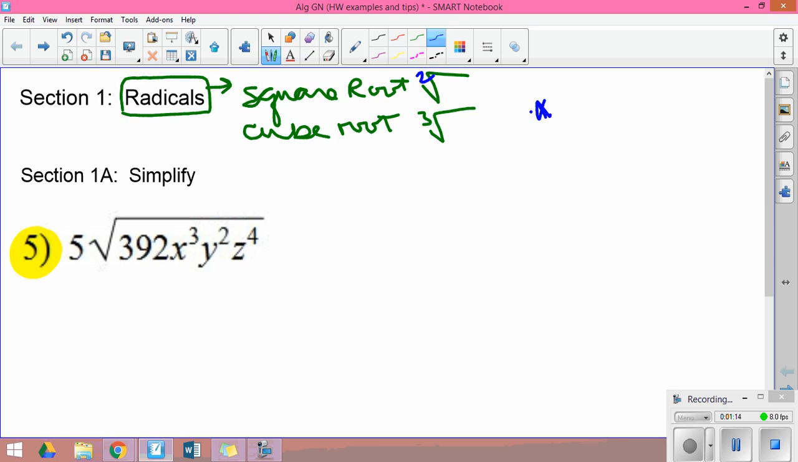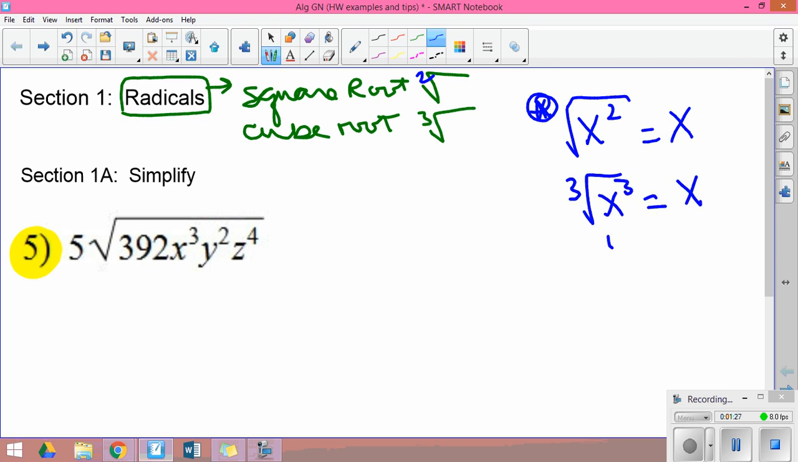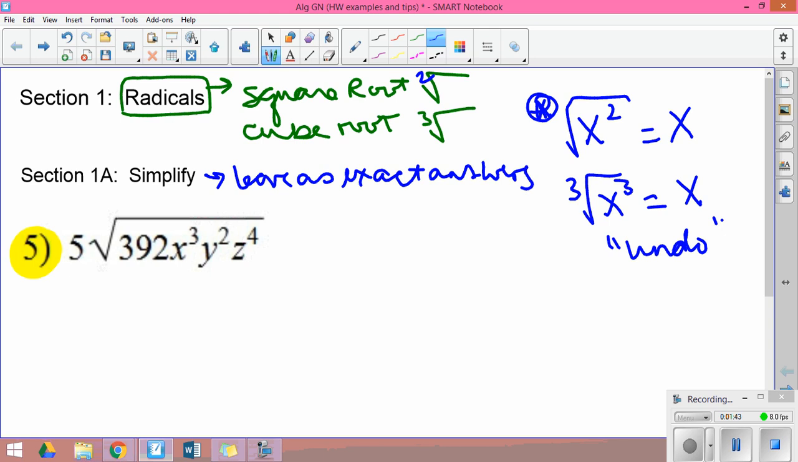The key to this section is that squaring and square rooting are opposite operations. Cubing and cube rooting are opposite operations. They undo each other. So when we're looking to simplify, we are looking to leave exact answers. We are going to take out all of the perfect squares. It's kind of like reducing a fraction. We're going to take out all of the perfect squares and leave the non-perfect squares underneath the